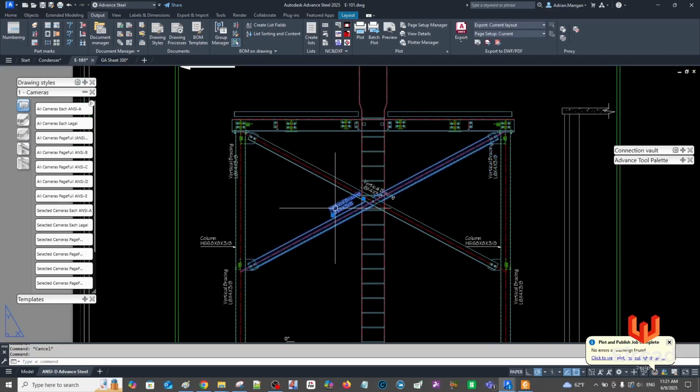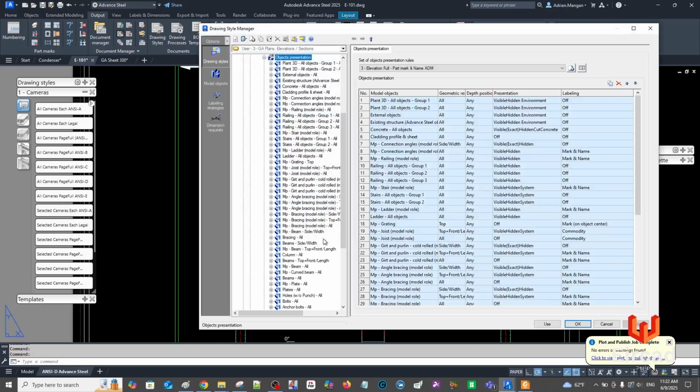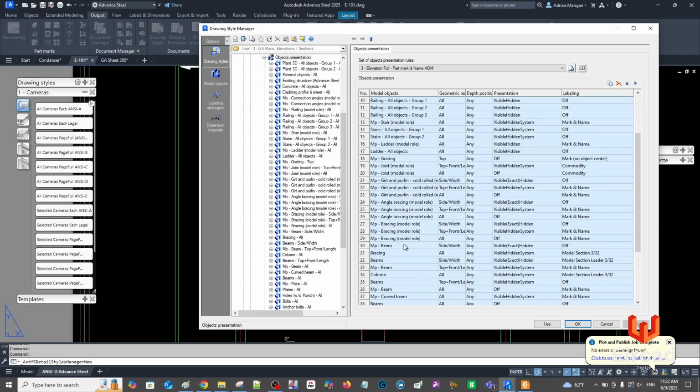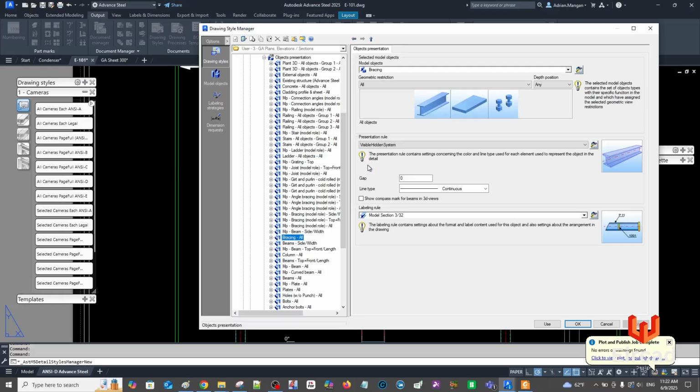Now we can look into maybe creating a second label for them just for an example. So let's have a look. I usually don't, but let's have a look at it. So we have bracing all, and that's the one we have there, right? So if we come into this bracing, if we have a look here